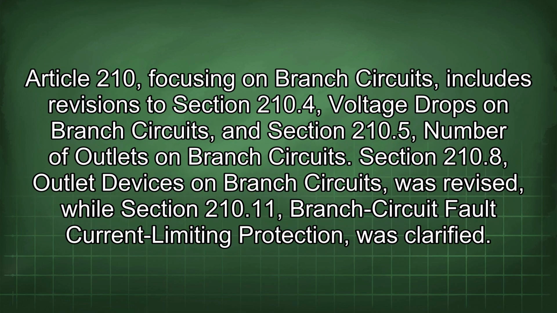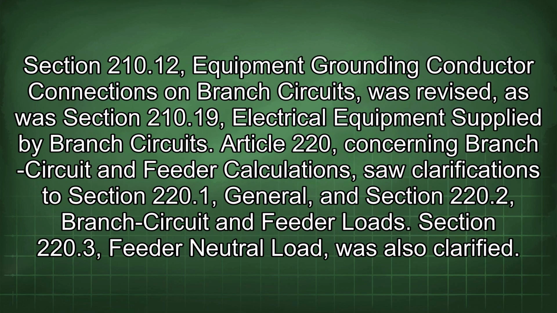Article 210, focusing on branch circuits, includes revisions to Section 210.4, voltage drops on branch circuits, and Section 210.5, number of outlets on branch circuits. Section 210.8, outlet devices on branch circuits, was revised, while Section 210.11, branch circuit fault current limiting protection, was clarified. Section 210.12, equipment grounding conductor connections on branch circuits, was revised, as was Section 210.19, electrical equipment supplied by branch